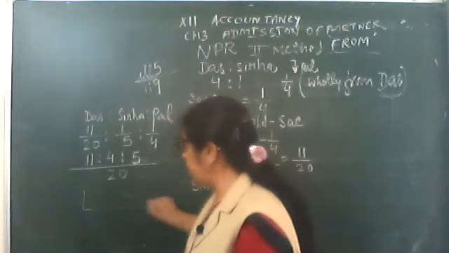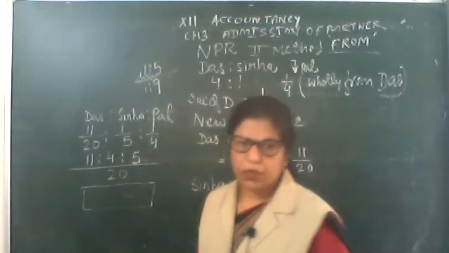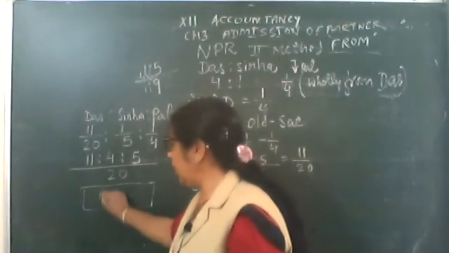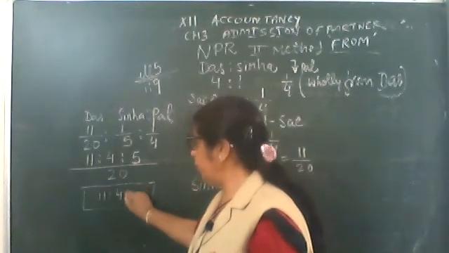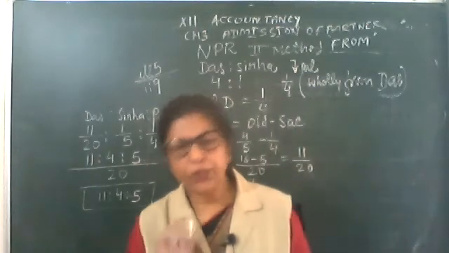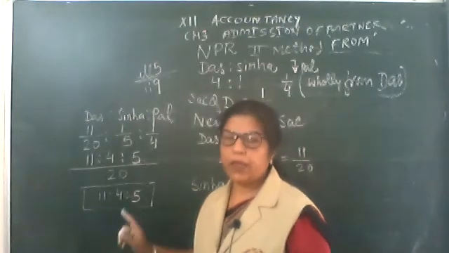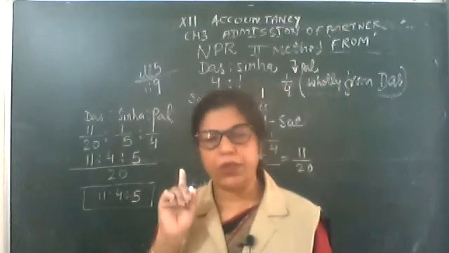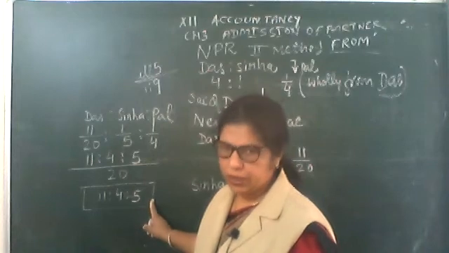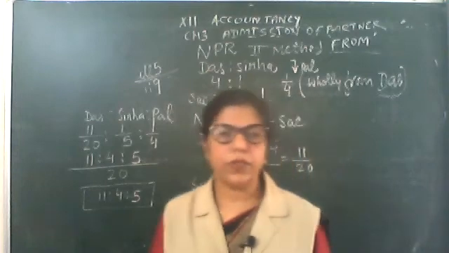So our answer will be in this form. You should write it in a box in the exam, so the examiner can get the answer easily and give you the marks easily. So 11, 4, 5. Very good. Now children, you can check your answer in the exam also. Total these numerators and the sum should be equal to the denominator. 11 and 4 is 15, and 5 is 20. So 20 upon 20 means our answer is correct.